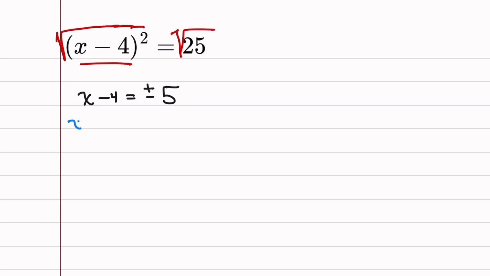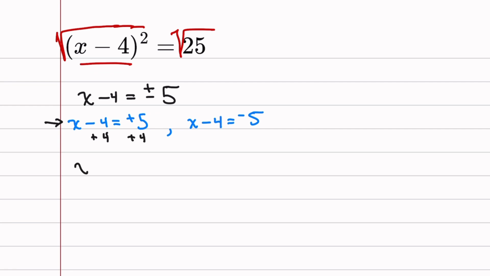And that leaves us with two separate equations that we have to solve. One of them being x minus 4 equals positive 5, and the other x minus 4 equals negative 5. And you can see that these are two different equations and they're going to be two different answers. But this is just Algebra 1. Once we have figured out this part, we can just solve it for x. So I'm going to add 4 to both sides,